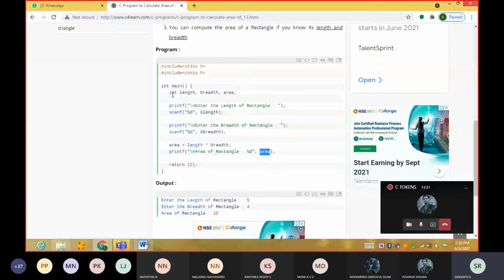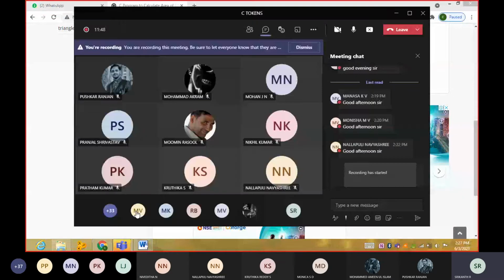Like how we use English words to form sentences in English, or how we use Kannada words to communicate with each other, like that also we have some restrictions on what to use while writing a C program. We cannot use everything on the keyboard guys. We cannot use tab, we cannot use the Windows button, we cannot use the volume button, we cannot use page up, page down. So we should have some restrictions on that.